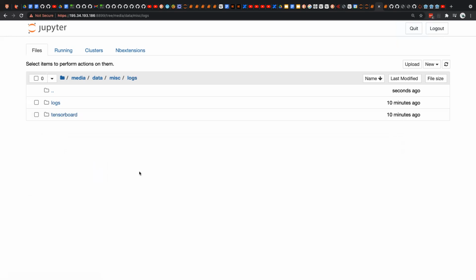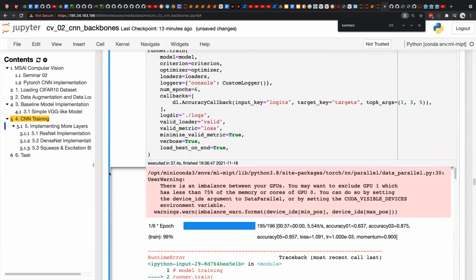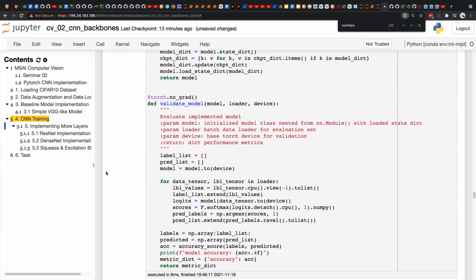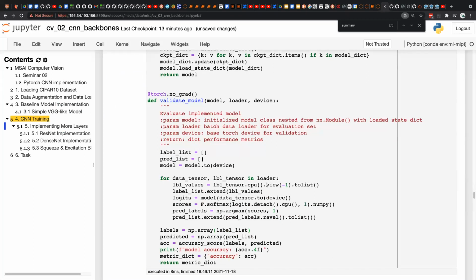Can I ask you a question on the previous one? When you use the torch.no_grad decorator on the function, here in the validation model you didn't call model.eval. Is it already included in torch.no_grad? Normally I used torch.no_grad and model.eval directly, explicitly. So should it be done here or is it not necessary?